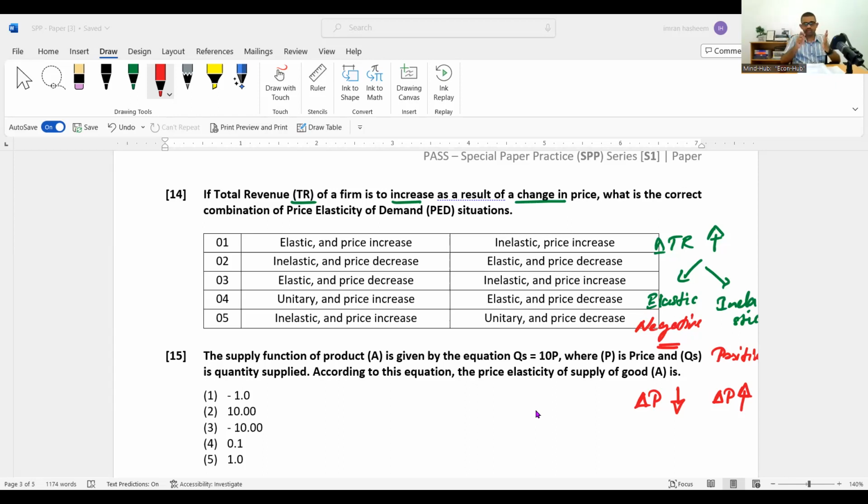Know the relationship depending on the elasticity between change in price and change in total revenue or total consumer expenditure. Sometimes we say outlay. Know the relationship. 5 situations. Elastic, inelastic and perfectly inelastic go together. So we take 5 and make it 4 actually. Then unitary elastic and perfectly elastic. Perfectly elastic situation can be a bit complicated. So carefully go through the notes and get the job done.